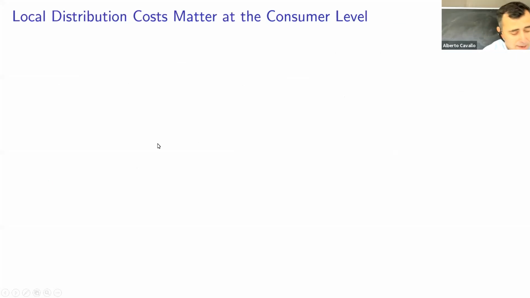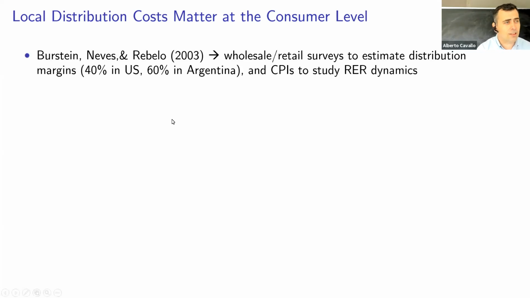And finally, since we've mostly been talking about what happens at the border, I thought I should tell you what's happening at the consumer level, because I'm going to talk a lot about that in the next session. The papers we had in the literature, I'm going to highlight two. First, the Bernstein, Neves, and Rebelo paper in 2003, I think, started a lot of interest in this side of the literature. And the idea here is, even if you find incomplete pass-through at the border, when you